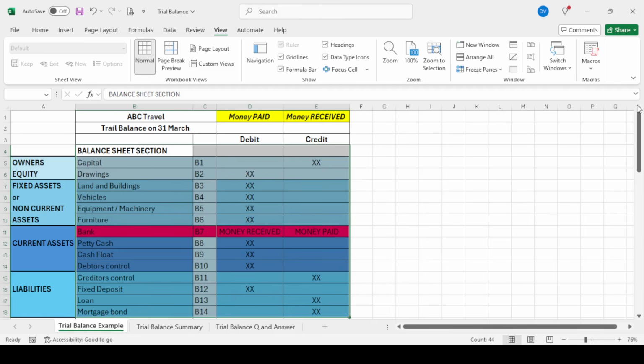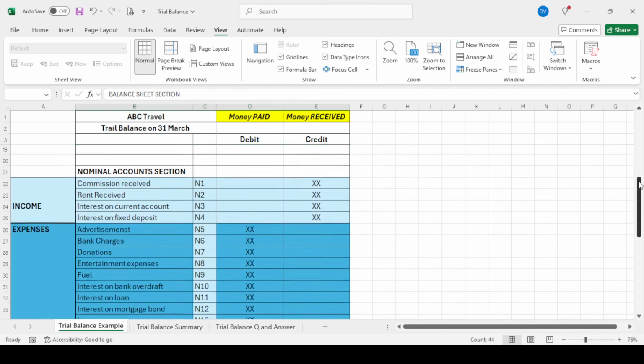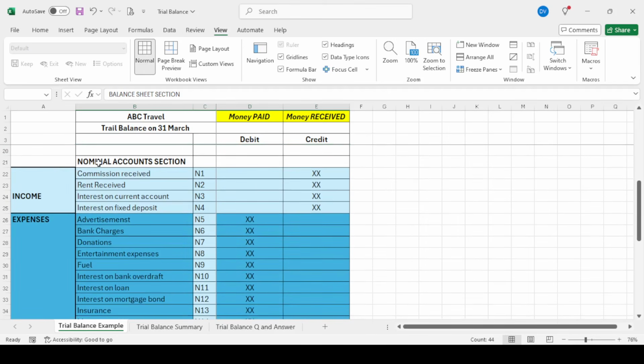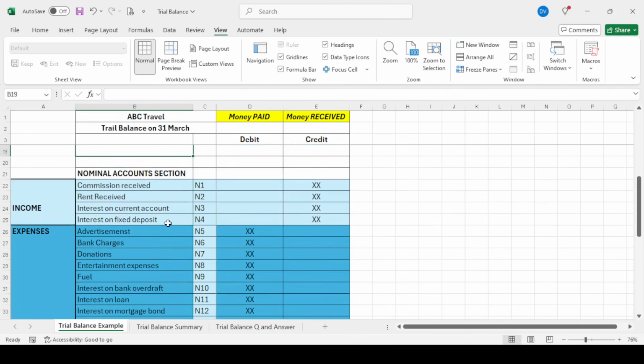Okay. For the nominal account section, I usually suggest to my students, you have to at least know the income. Make sure you know all the different types of income that could be in the question, and you must know that it goes on the credit side, and then the rest of them are expenses. But guys, you know the difference between income and expenses. So don't go and learn all of these now out of your head. Just know that the expenses also go under the nominal account section.